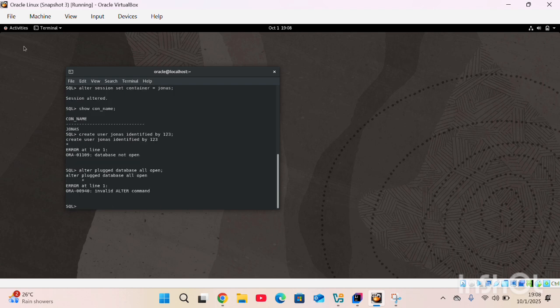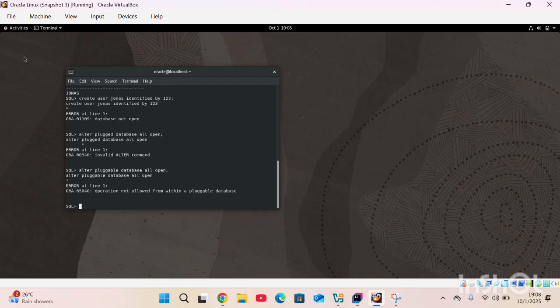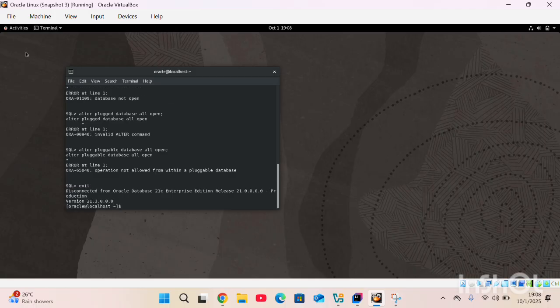Enter the command alter pluggable database open. Still have an error. Let me exit here and enter SQL Plus again, / as sysdba,